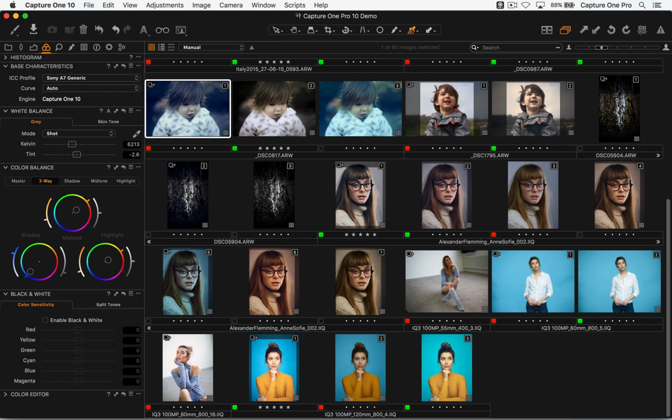Okay, is there a Danish version of the keyboard? It's currently available as UK, US, and also German as well, as far as I know. It is Mac only. I mean, it's a USB keyboard, so technically it will work on a PC, but because of the marking of the keys like the command button and so on, it'll be slightly off for PC, but to be honest, there's no reason why you couldn't use it. Is Capture One a tangent project? No. Sorry, is the Capture One keyboard a tangent product? No, the keyboard is made by Logic. The hardware input decks you saw are made by Tangent, so 2 different companies. Okay.